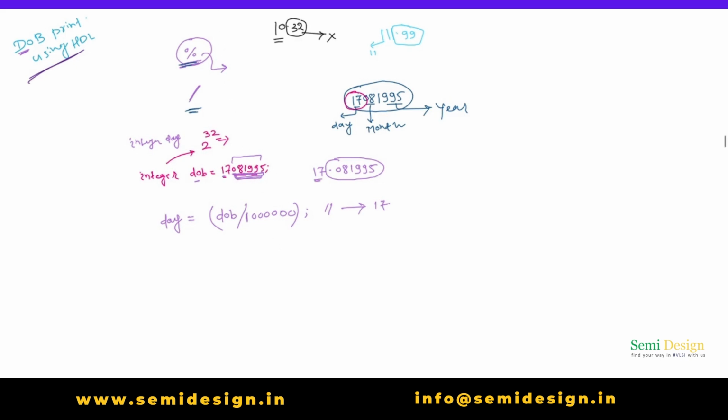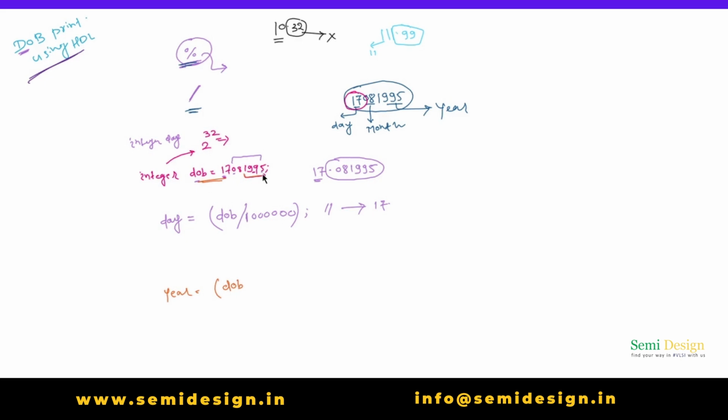Now see, we want to print this 1995, for example, the year. How to do that? This can be achieved by using the modulus operator. Very important and very simple. Now just take year, assign it, take our entire DOB, and now we want to take this part.